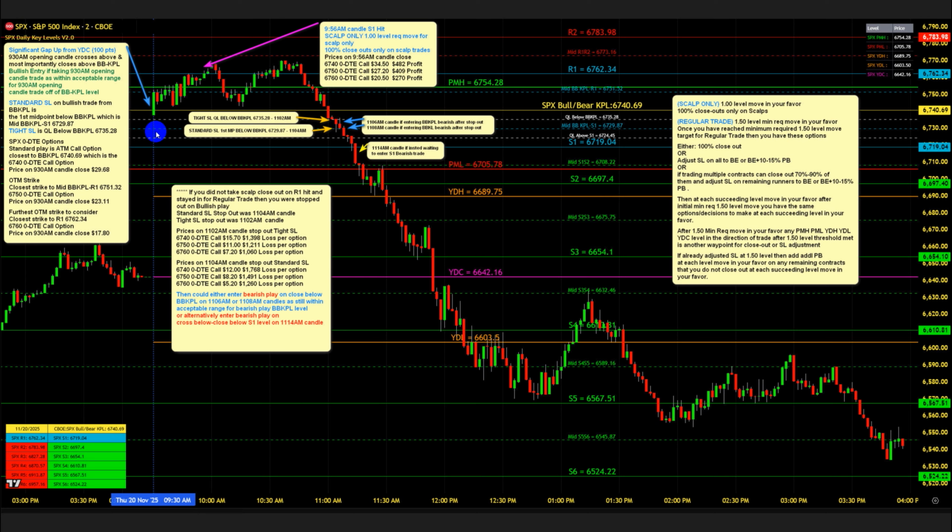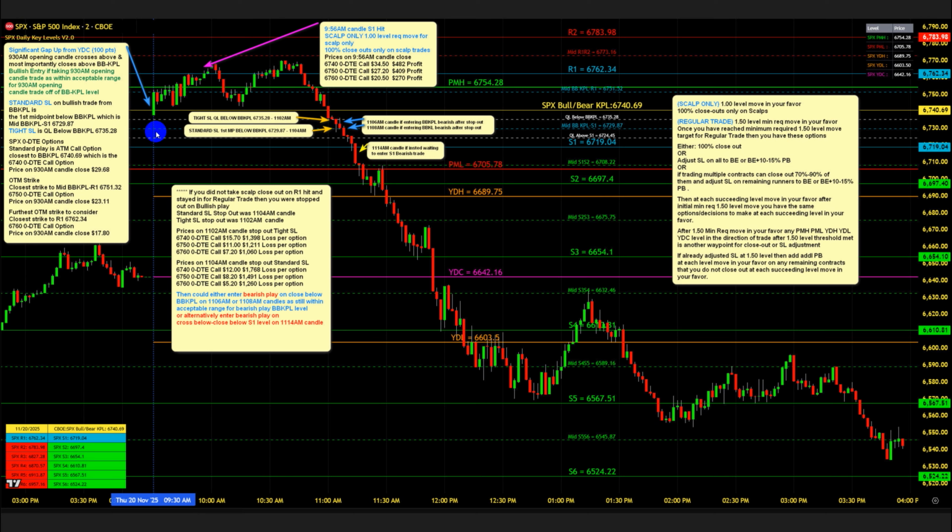There are two out of the money strikes that you can consider on this trade. How you figure that out with this indicator is that you look at the level you're taking the trade from and then the direction of the trade. In this case, a bullish trade, so we look up from this level, and the first out of the money strike is going to be the strike closest to the midpoint level above the level we're taking the trade from. In this case, that is 67.51.32 on this midpoint level here. The closest strike to that is the 67.50